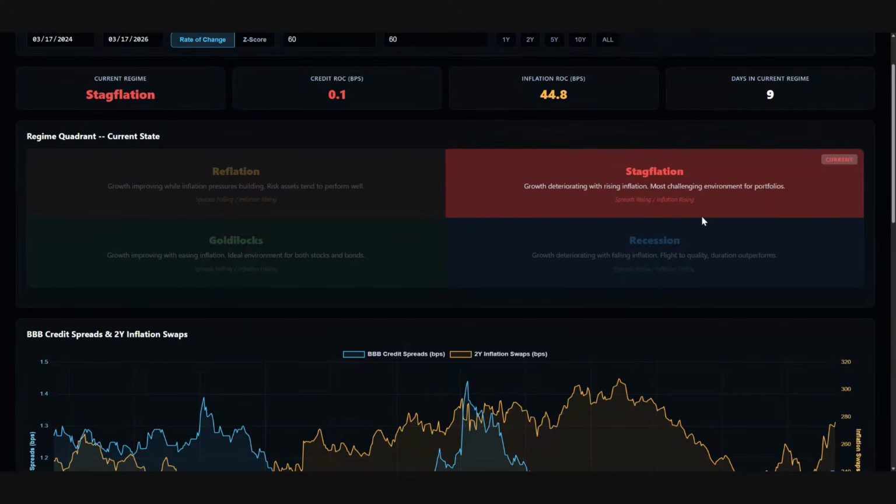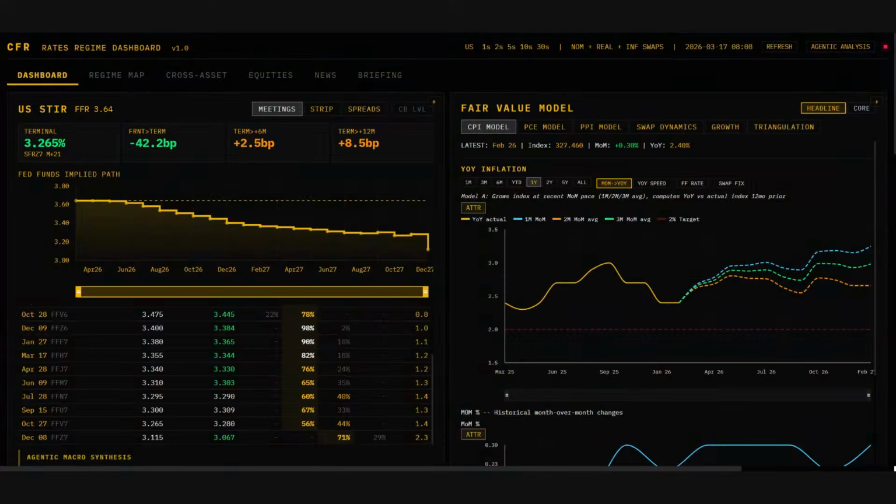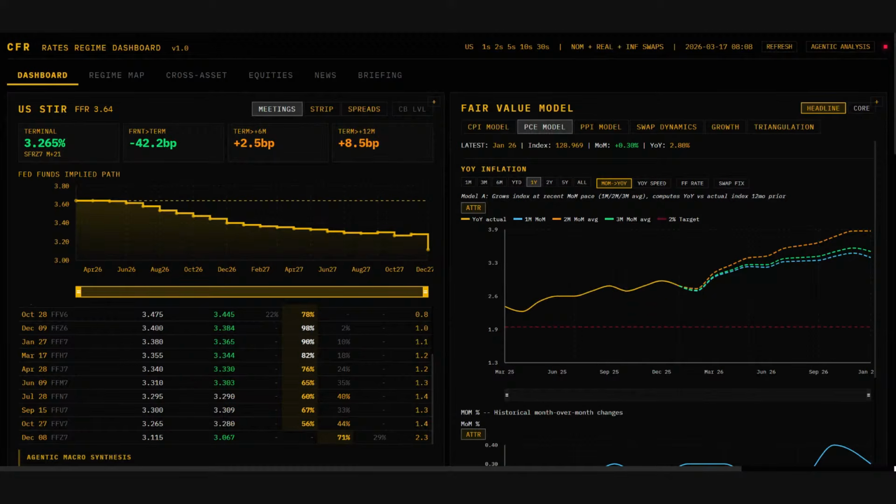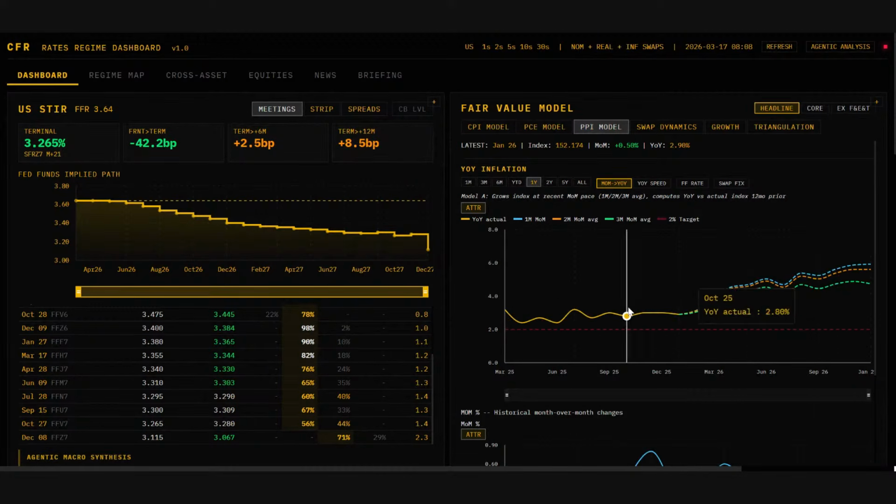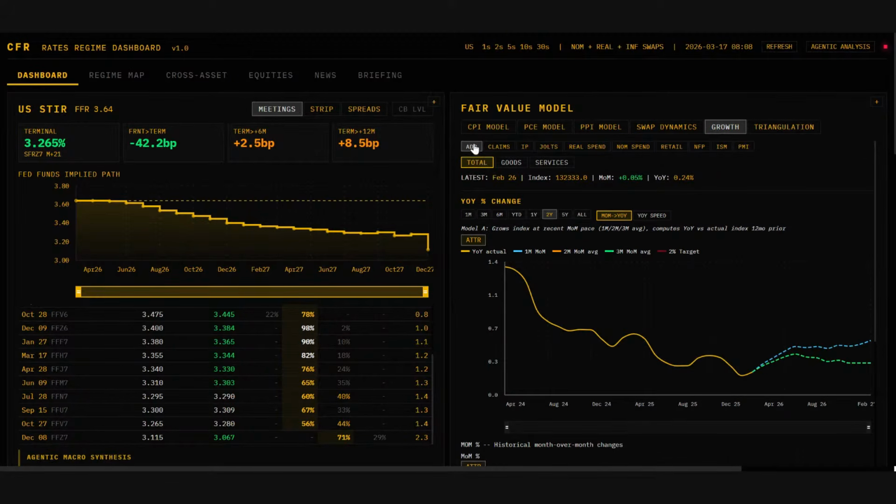But the changes that you see in economic data, for example, if we go back to the dashboard that I talked about, and again, if anyone is watching this, I'll be sending more outputs from this dashboard over the next week or so as I'm finishing building a lot of stuff on it. But you have a CPI model right here. I have a PCE model that's also showing where we're at, and a PPI model. These are all monthly data prints, right? And so you have monthly data prints, and then you also have the growth data that's also monthly data prints.